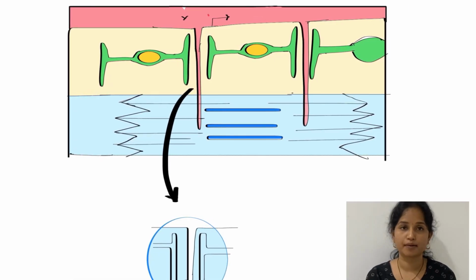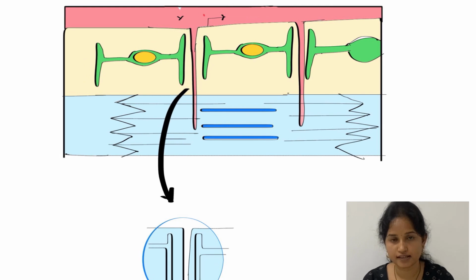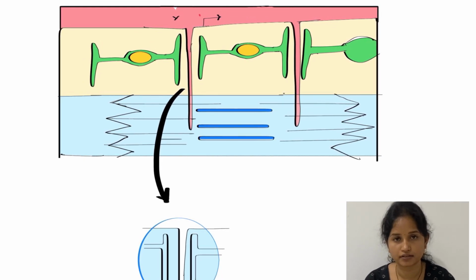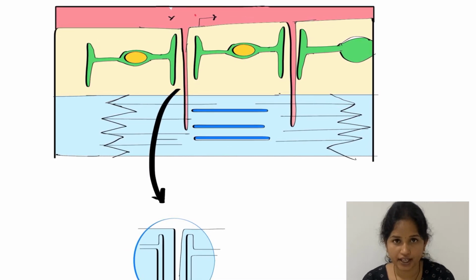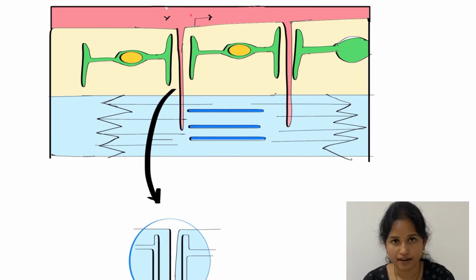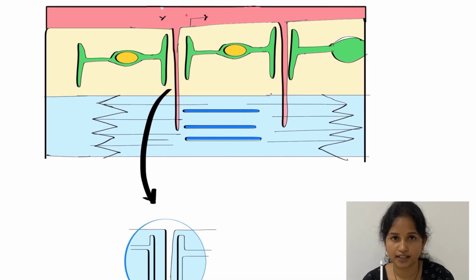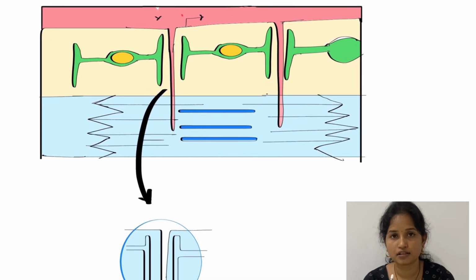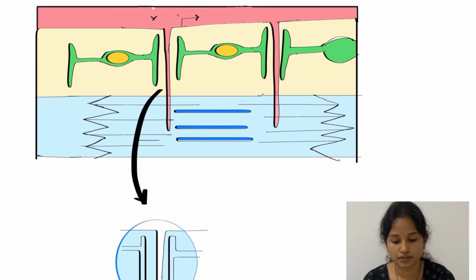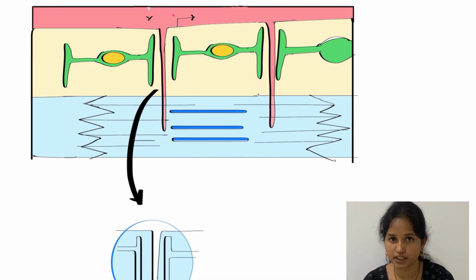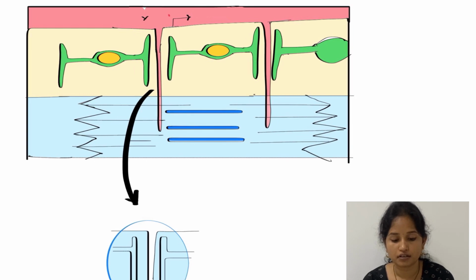Okay, when we discuss the sarcomere, we already discussed that it has A bands and I bands. So at the junction of A and I bands, you will be having this triad. Each sarcomere in a skeletal muscle has 2 triads. And between the 2 Z lines you have a sarcomere.